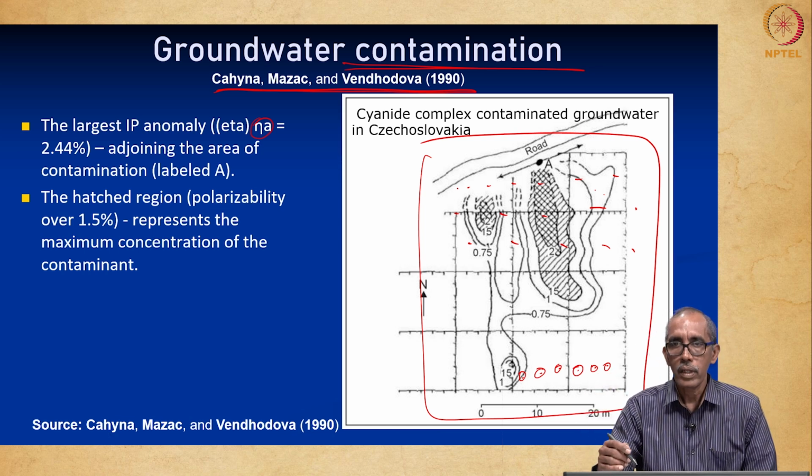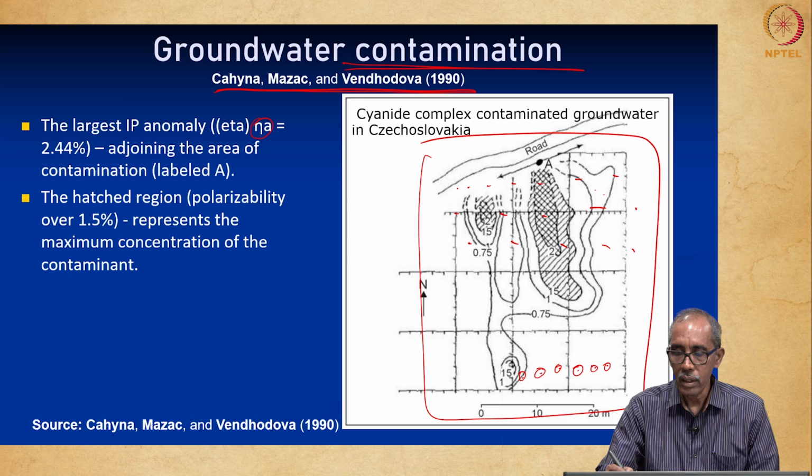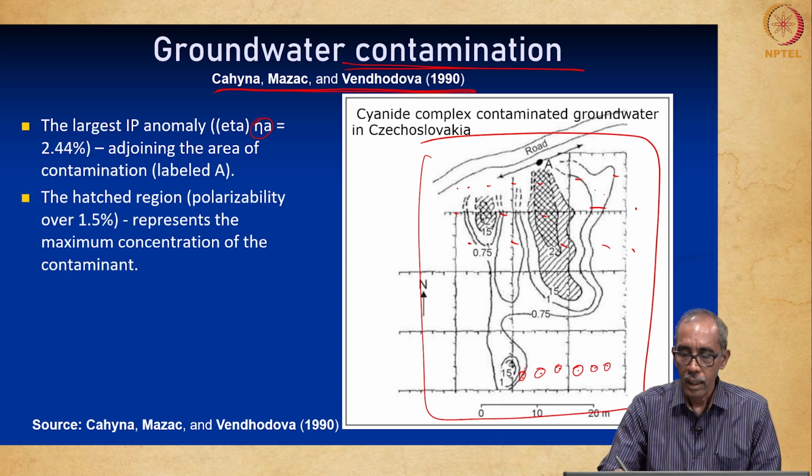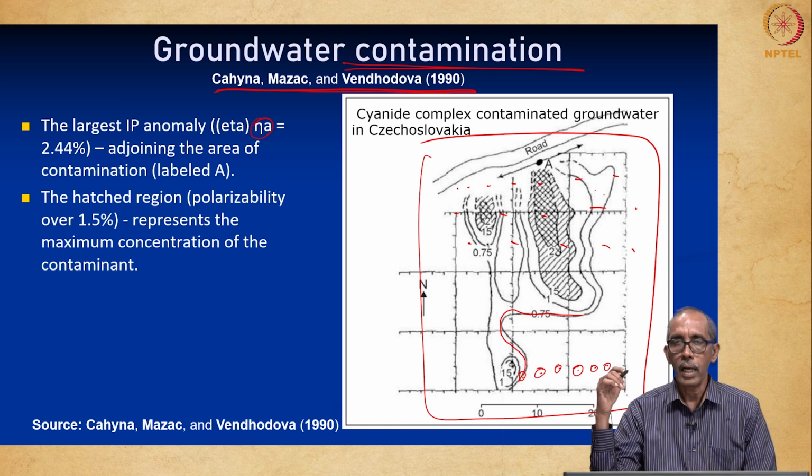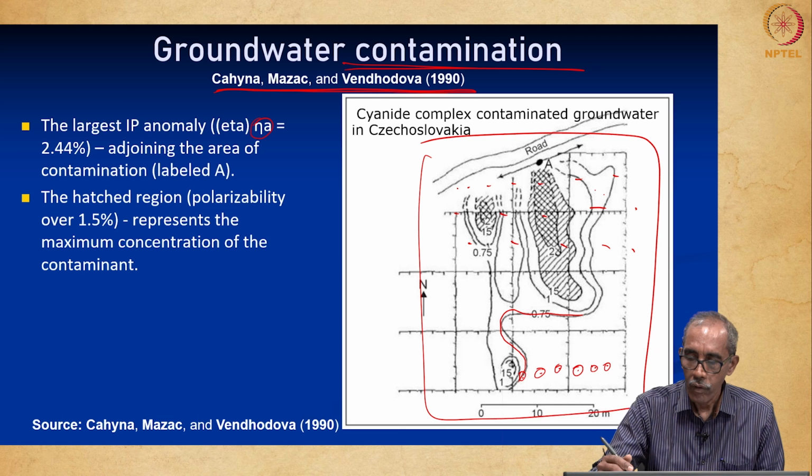How was the interpretation done? Interpolation was done between the points, and then lines of equal chargeability were prepared. So, this is a map of iso-chargeability, right. That means an iso-percent chargeability map has been prepared. Please focus your attention on this map.